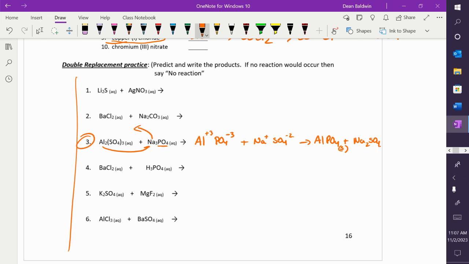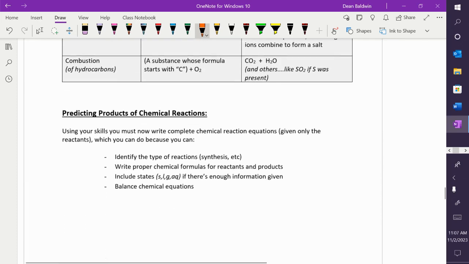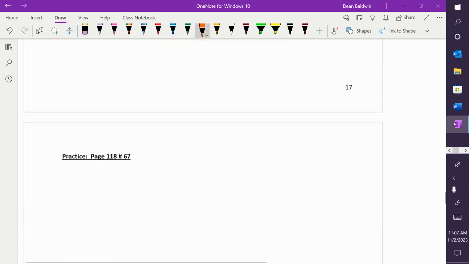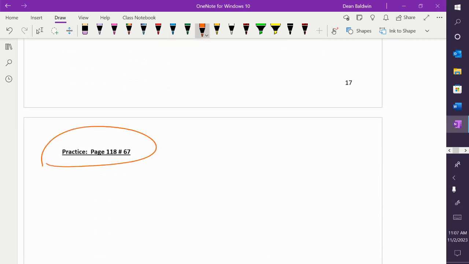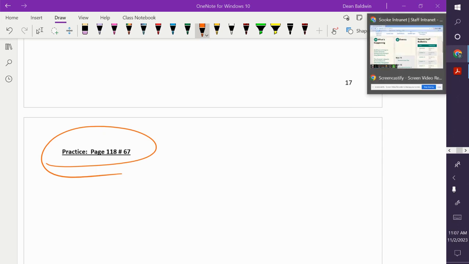Before we do the new stuff, we have to practice this. I need you to do page 118, number 67. You can do it right on this sheet. Let's look up 50 billion. That's not exactly 50 billion. I don't know if you round, yeah, I think